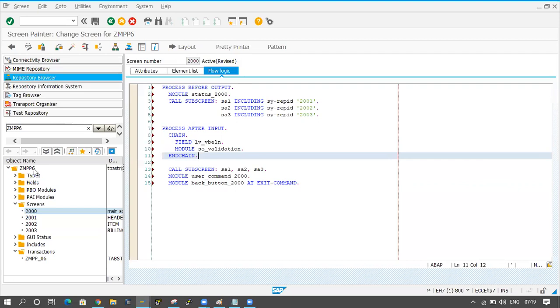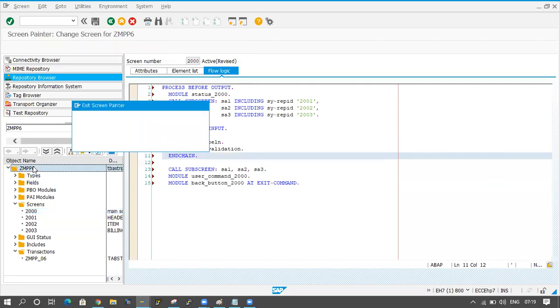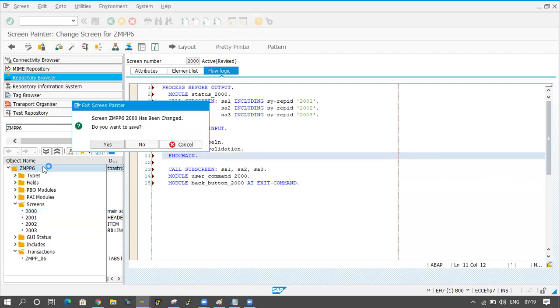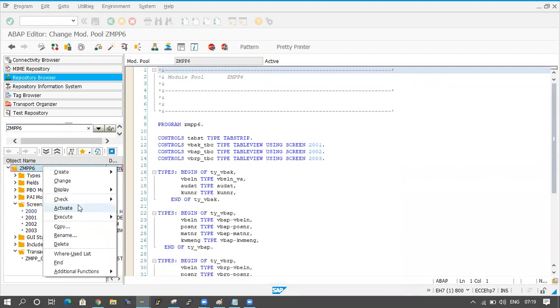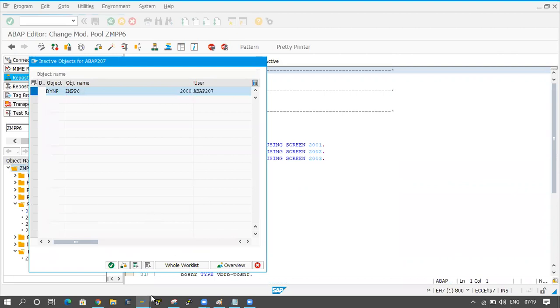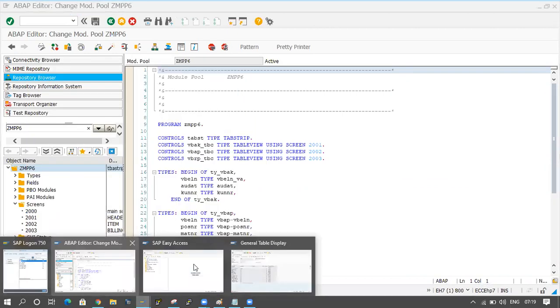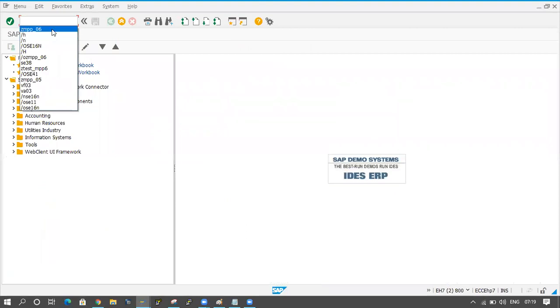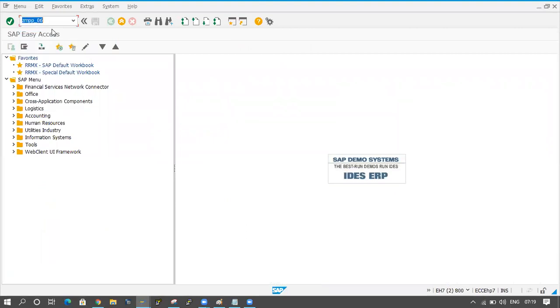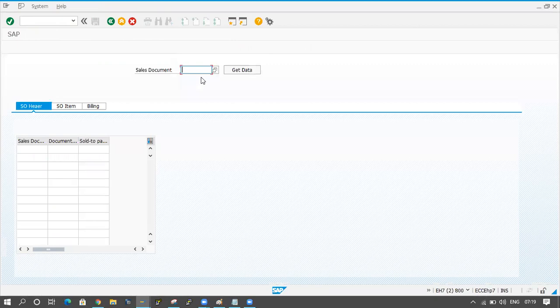Okay, fine. Now I will execute it once. I will activate the program. Right click on it, activate it. Click on enter button. I'm giving something like the number 123.